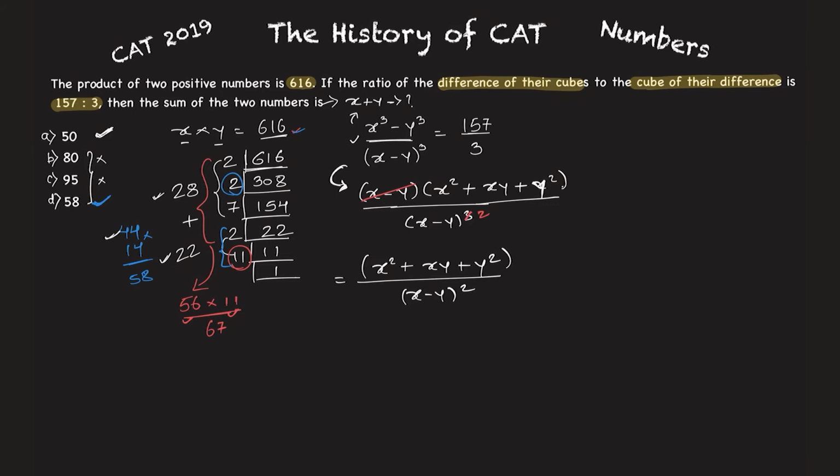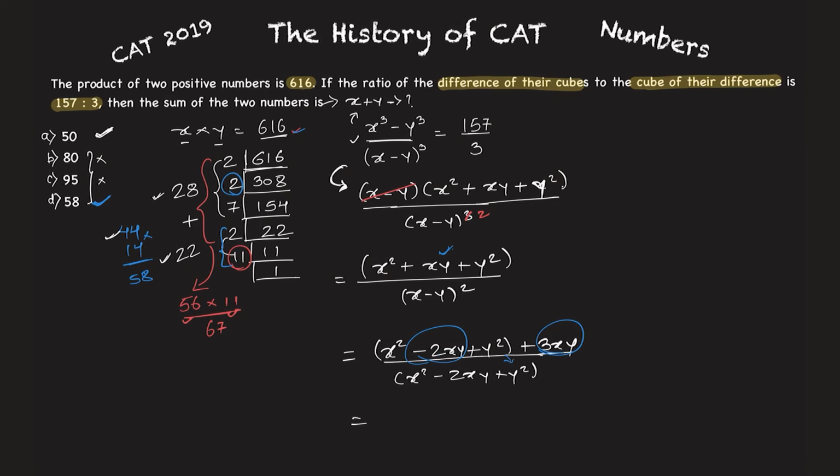Okay, now what will I do? I'll write this smartly so that I can cut something. So I'll write the denominator as a square minus 2ab plus b square. I'll write the numerator as x square minus 2xy plus y square plus 3xy. Why did I do this? So that the effect remains the same here. Plus 3xy minus 2xy will be nothing but xy. And why did I do this? So that I can cut this with the denominator. That's why I write it this way.